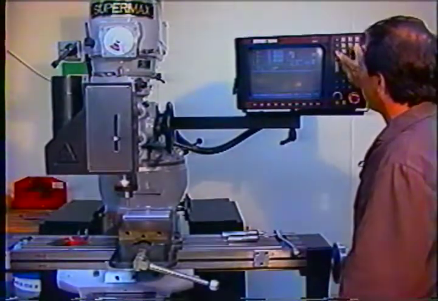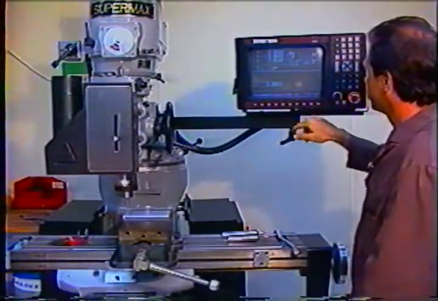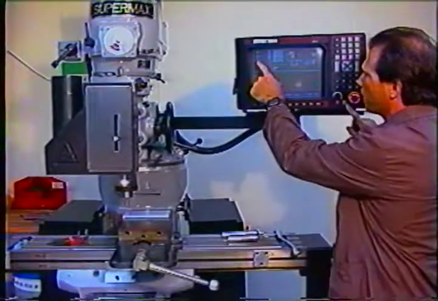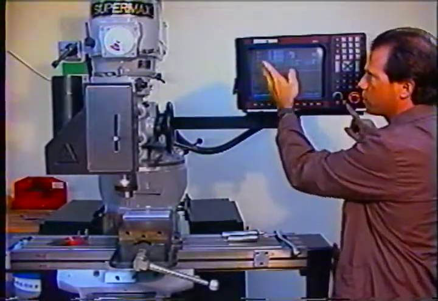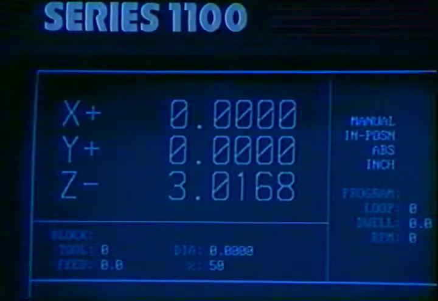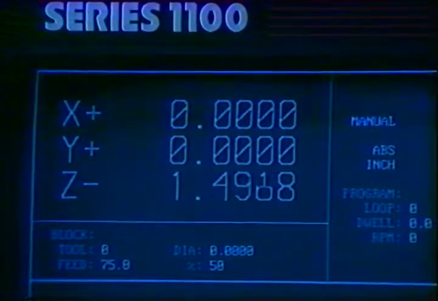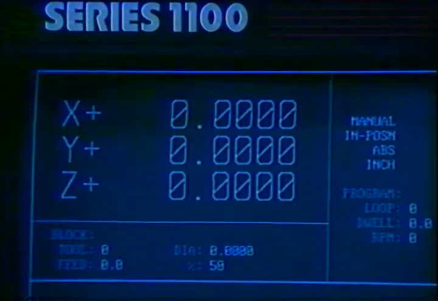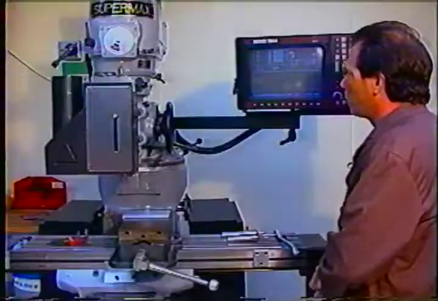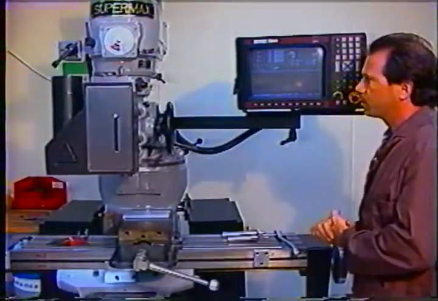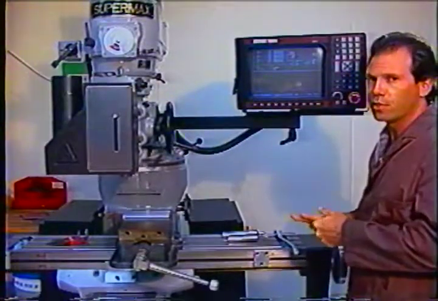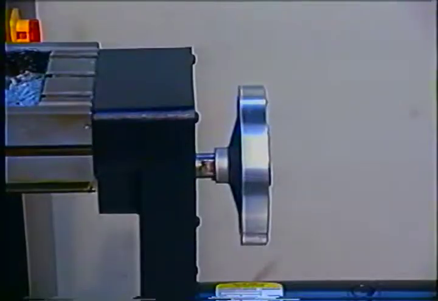Now I'm going to give it a command, Z0, and press start. I notice that my Z-axis is -3 inches and some thousandths there. When I press start, it'll raise back up to absolute zero on Z-axis. One important note, before we do tool offsets, which is the next step,